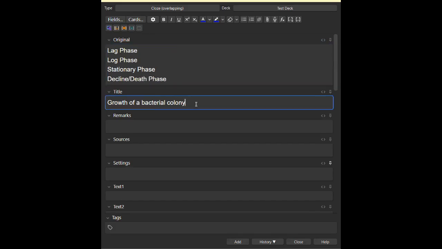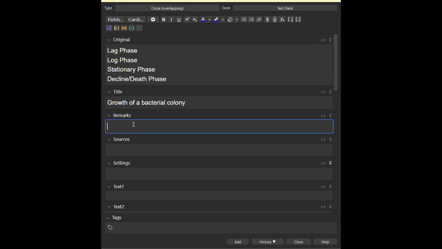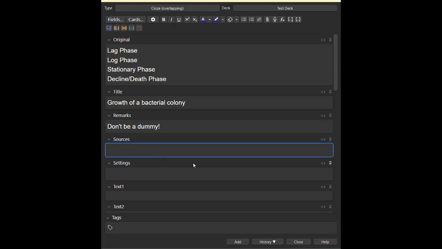So the title of this card will be here, growth of a bacterial colony. Here in remarks, this is just the same thing as extra or back extra. Don't be a dummy. You can also put sources here. So this is the list that I want in order.